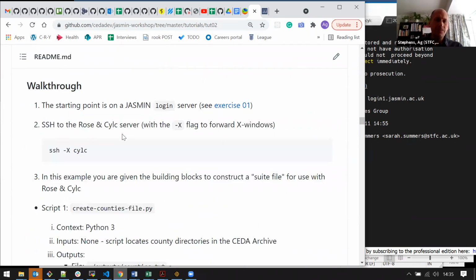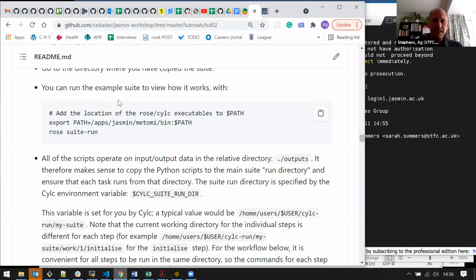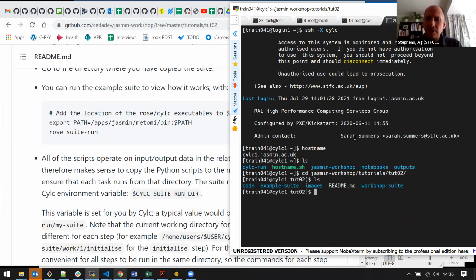Okay, so if we come back to our instructions, actually getting started here, if we want to run the suite, there are just 2 lines involved. So if I look here, I've got the JASMIN workshop already cloned locally. I can go into tutorials, tutorial 02, and then here we have workshop suite. So I go into workshop suite,